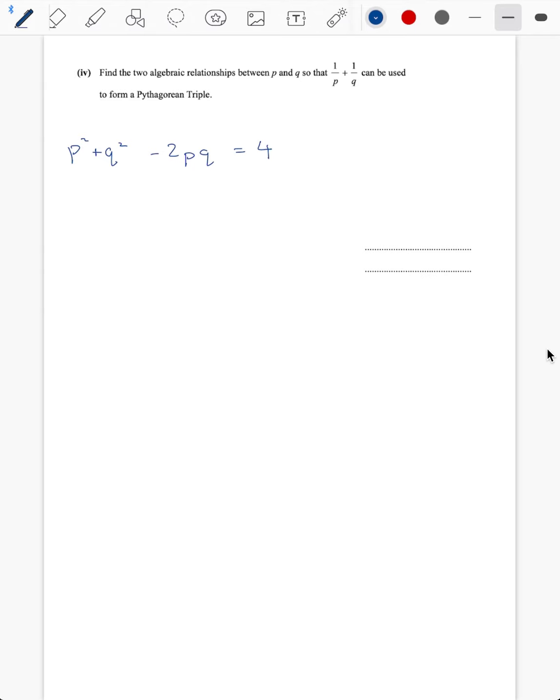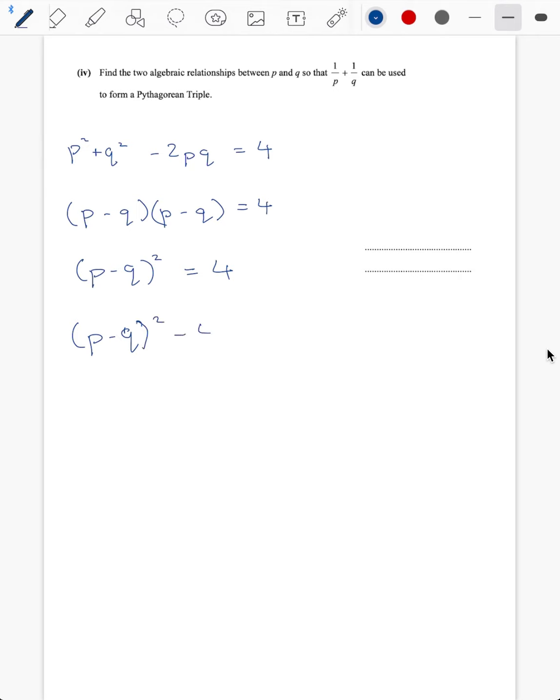Now I can factorize this left hand side as being p minus q, p minus q. Now again, if this algebra is a little bit unfamiliar to you, don't worry, we'll study it later in the year. And this can be written as p minus q squared, that's equal to 4,